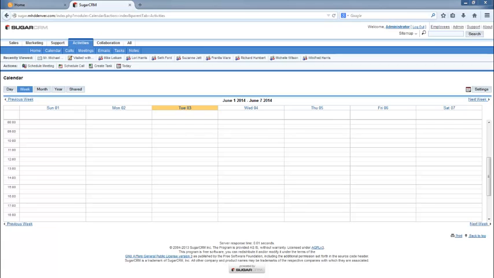So we can use this actually as a master calendar, and then everyone will have access to it. Everyone will have the opportunity of posting into the calendar. So just to give you an idea, this is something we may want to do in the future. So anyway, if you go to one of the tabs: sales, marketing, support, activities, collaboration, you'll notice that the